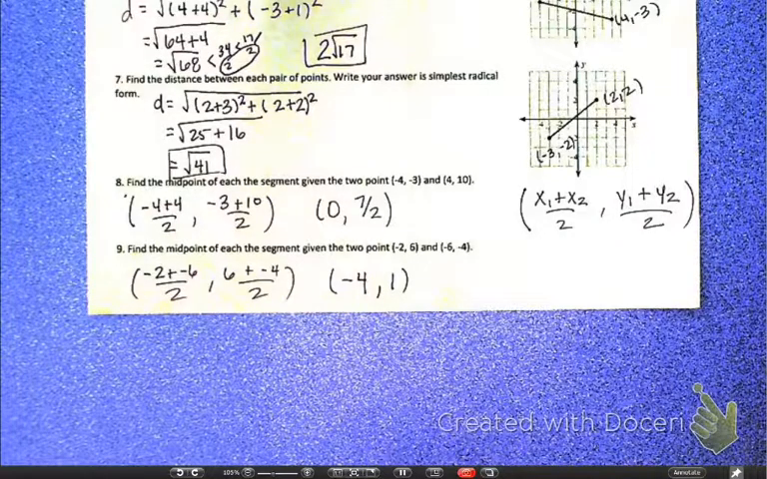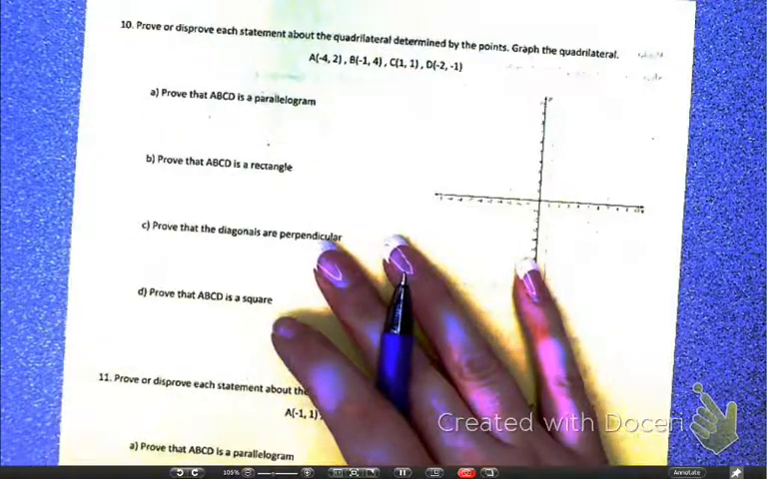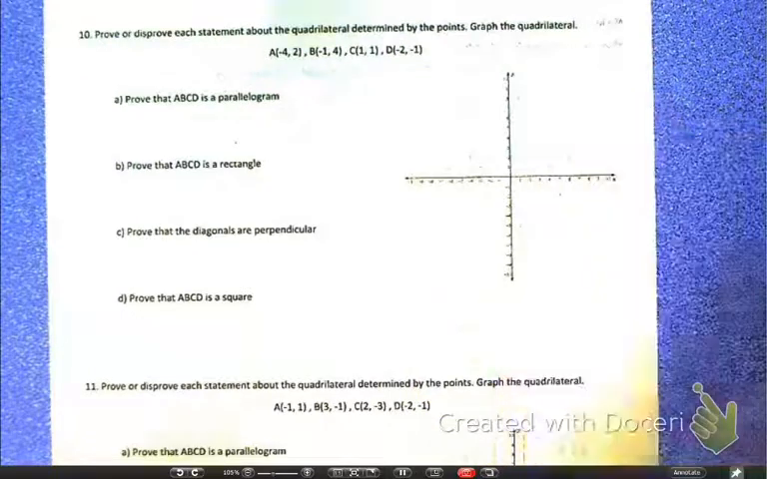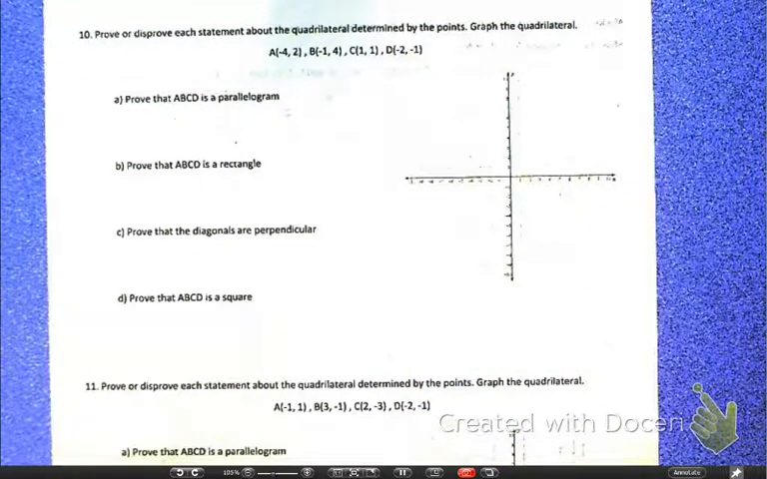No? We're okay? Okay. Here's where I think we're going to probably mess up the most. So I'm going to try to slow this down a little bit because I want to make sure that you have all the information that you need, because I'm going to be just as picky as I was on the quiz. So prove or disprove each statement about the quadrilateral determined by the points, and then graph. So I'm going to start by graphing,